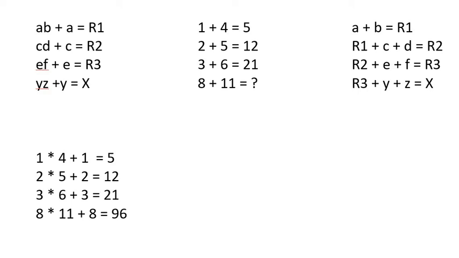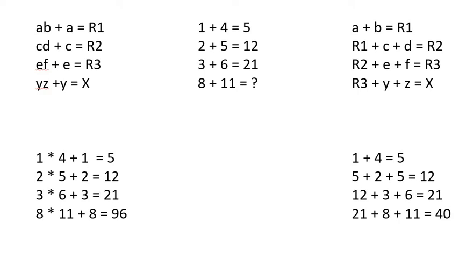Let me say one thing. I do not need to put any brackets or any parentheses around 1 times 4 or 2 times 5, 3 times 6 or 8 times 11, because please respect the order of operations, which tells me that I have to multiply first and then sum up or subtract, right? So the second group